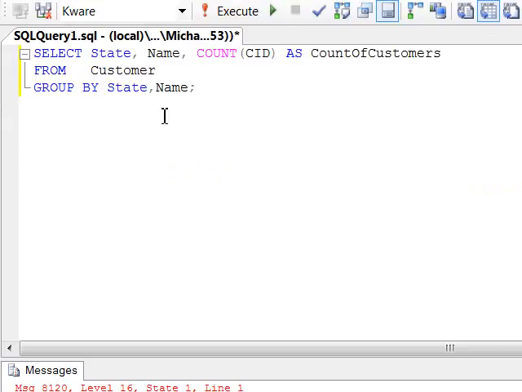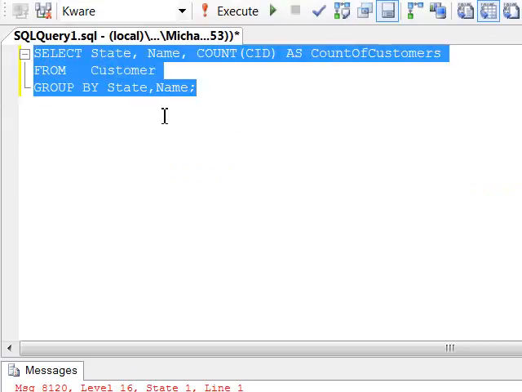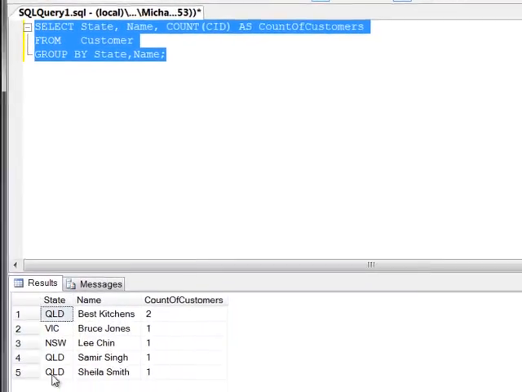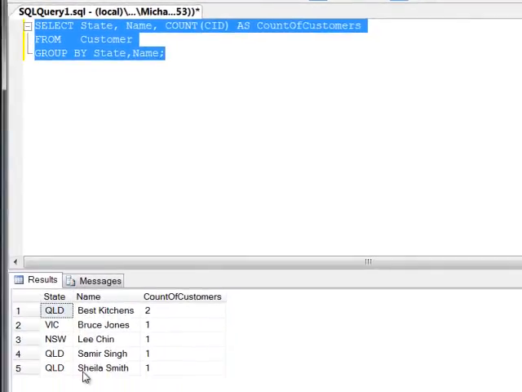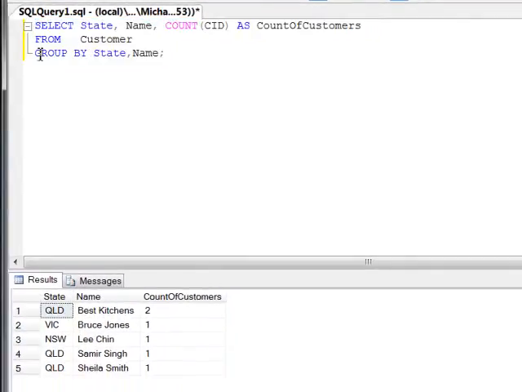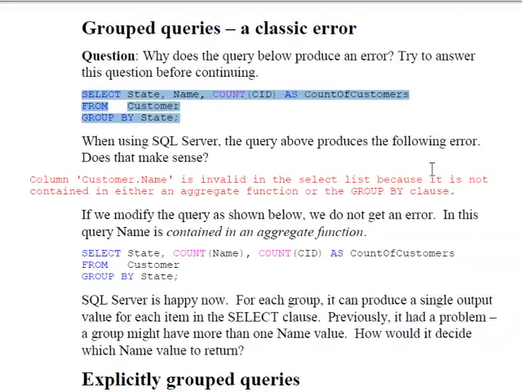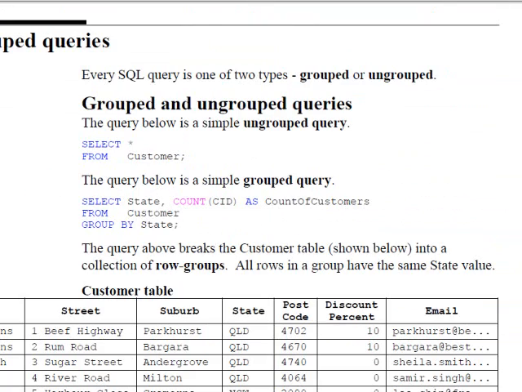Now, just as a point of interest, we might consider, well, what happens if we do put name into the group by clause, and interestingly we end up with 5 rows produced as output. Why is that the case? Well, I guess it must mean that we have 5 groups produced when we group rows in the customer table by the combination of state and name values. Does that make sense? Well, if we come back to the study guide, you can see that that does make sense,